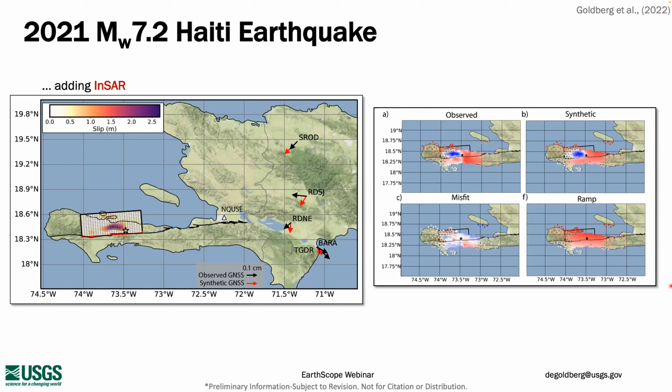So now, including all of these observations, so we have the few teleseismic waveforms that we were able to salvage, 1 accelerometer station, 5 static GNSS sites, and 2 interferograms, we have our final model here, which is composed of 1 sort of elongate slip asperity starting at the hypocenter location and rupturing unilaterally to the west, with a few other small slip patches of perhaps lesser importance.